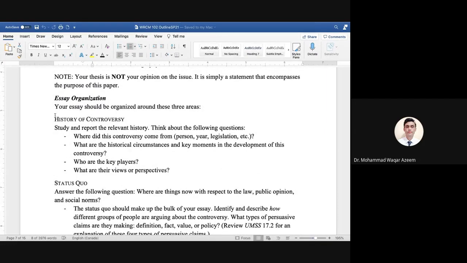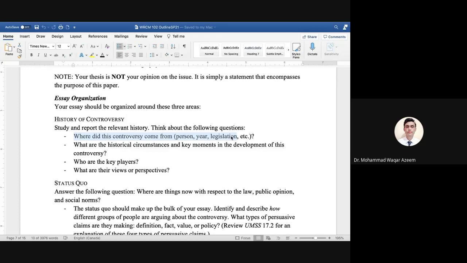Now this is how we organize the essay. First of all, we deal with the history of controversy. In the history of controversy, you study and report the relevant history. The following questions will help you to write this part of your essay. The first question is, where did this controversy come from? Person, year, legislation, etc. So please remember that